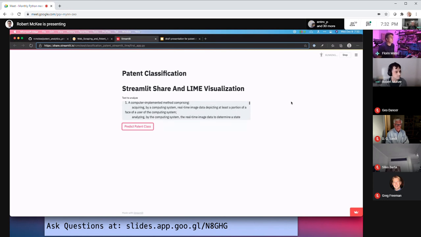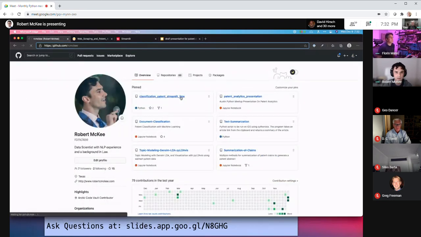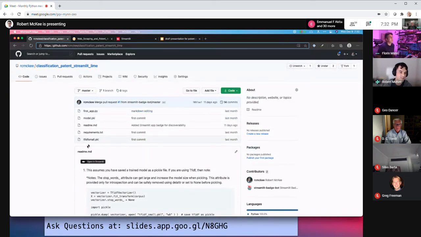So how does Streamlit know how to use your model? Do they ask you to set up your code in a particular way, or you have to have an entry point, right? You have to have some kind of a predict function, or something like that, right? Yes. So let's go over to my, while that's running. So this is the app. I've saved the TF-IDF, which is a vectorized version of the text. I've saved that. Also, I've saved the trained machine learning model.